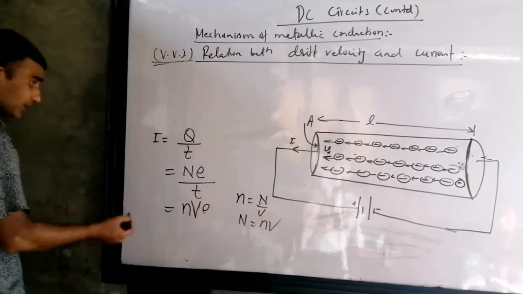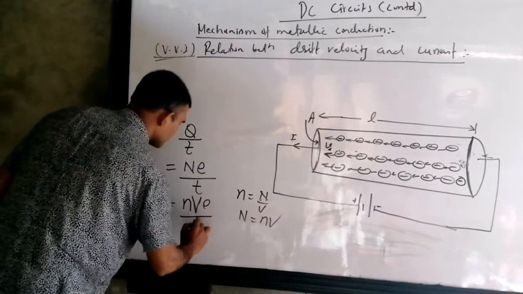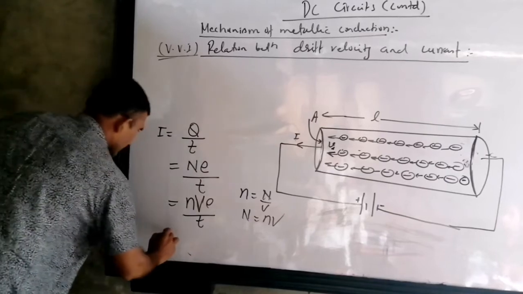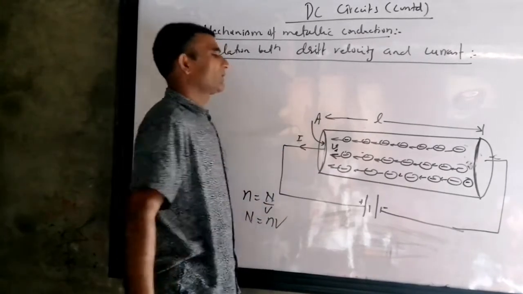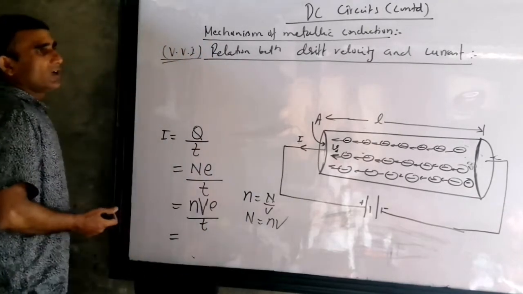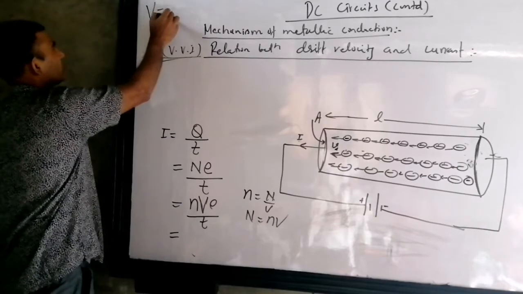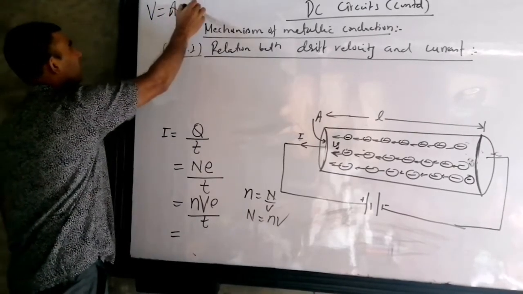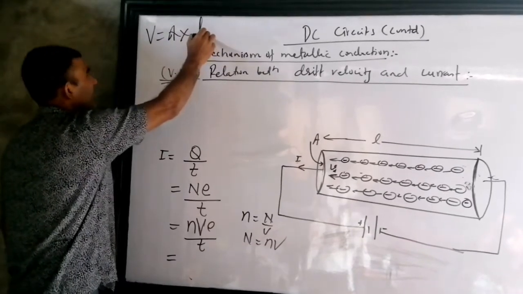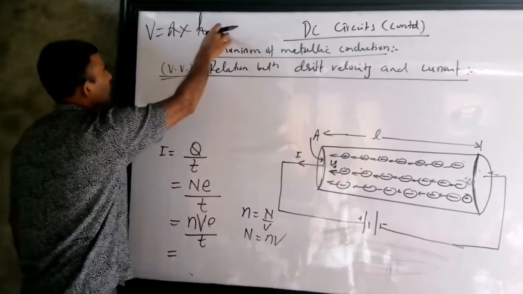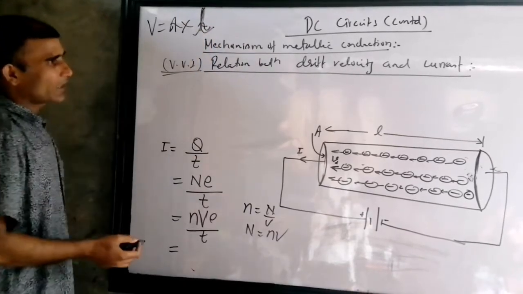I am going to write again v, that's the drift velocity, and capital V I wrote here, upon t. Now you can tell me the volume of a cylindrical object, or actually any prism has the same formula. You know that volume is equal to area of cross section into length. Sometimes some people say height. Volume is area of cross section into height. Instead of height we have length.